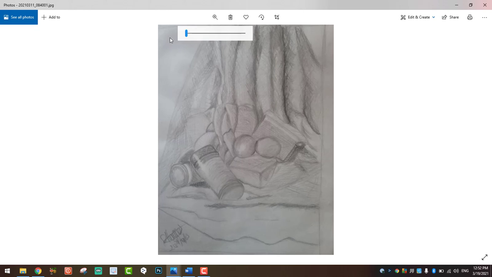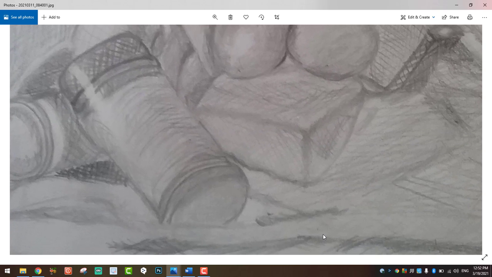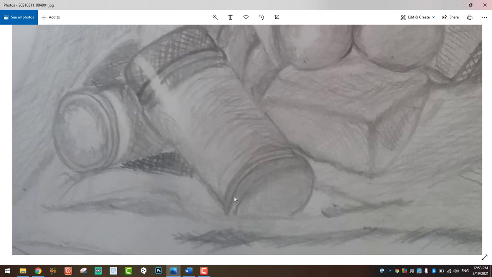But when I look at the construction of your cylindrical objects, you have problems. One of the characteristics of cylindrical objects is that whatever is above is also below. Now this looks like one of those seasoning salt containers. The ellipse below is going to mirror the ellipse above. But if we follow the curve of this ellipse